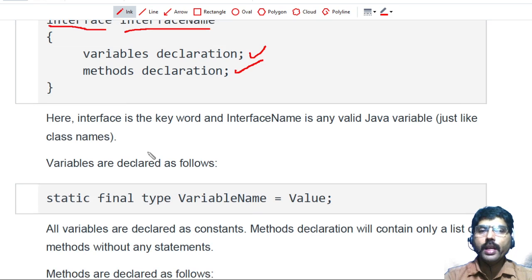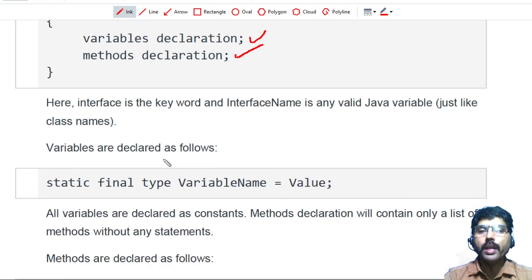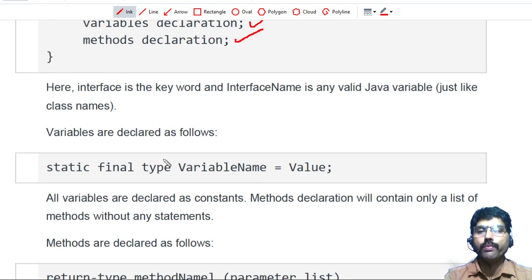First, how to create a variable declaration. The variable declaration will be written like this. This is the general syntax: static final. Remember, you have to use the keywords static final. Then you write the type, what type this variable contains, and then you specify the final value.